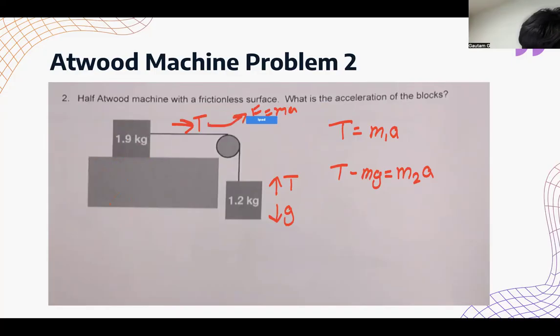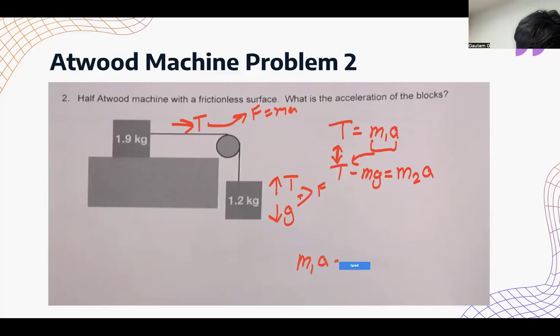Just replace F, and then F is the addition of these two, correct? Just those on the board. And so now we have two equations, right? Two equations. We can just replace T with this, right? So then we get